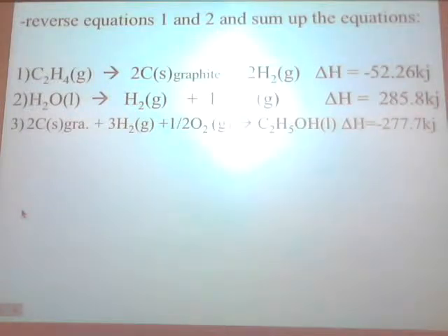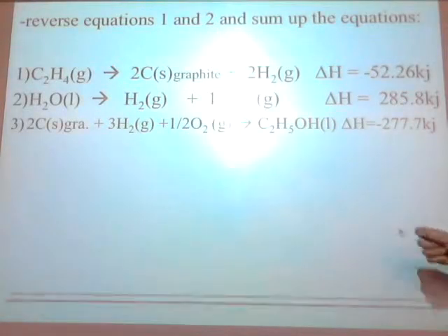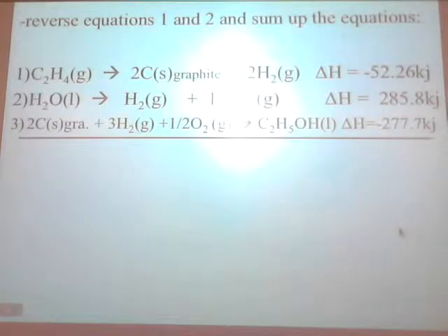All right. What am I going to do with these three equations? Well, I'm going to sum them up. It's Hess's law of heat summation, after all. All right. So let's take a look when I go to do this. Watch what happens. I want you to cross these out the same as I do.